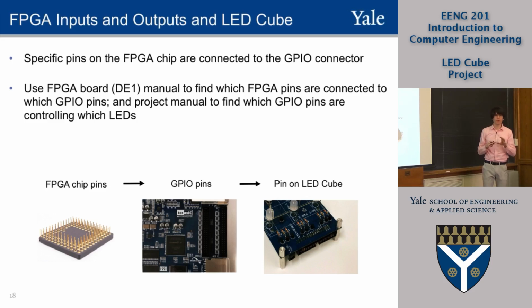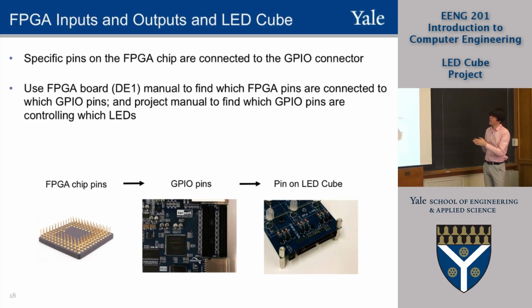That image pretty much corresponds to the actual underside of the FPGA chip, and it shows you which pins are what. Then there are the GPIO pins. Some of the FPGA pins connect to the pins on the GPIO connector, so you have to look in the manual for the FPGA board to figure out which GPIO pin connects to which FPGA chip pins. And finally,